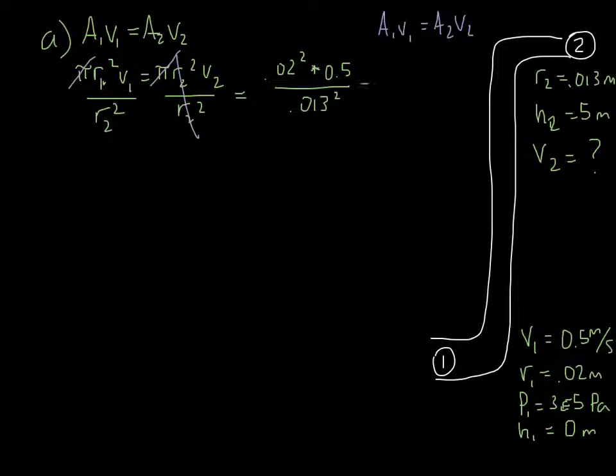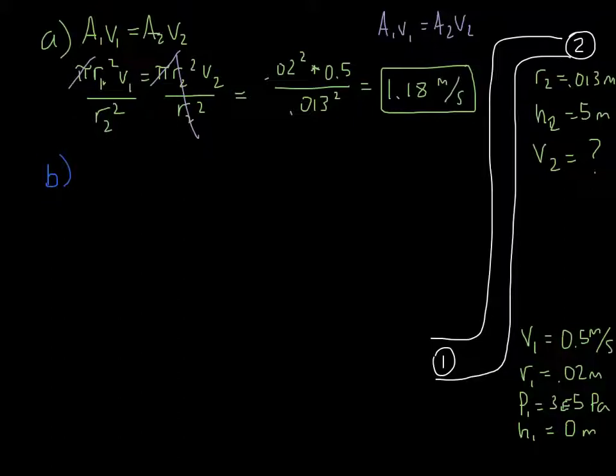which was 0.013 squared, and that is equal to 1.18 meters per second. And that should make sense: to keep the volume flow rate constant, because the radius is smaller at this part of the pipe than down here, the speed should be higher than it was down here. Moving into part B,